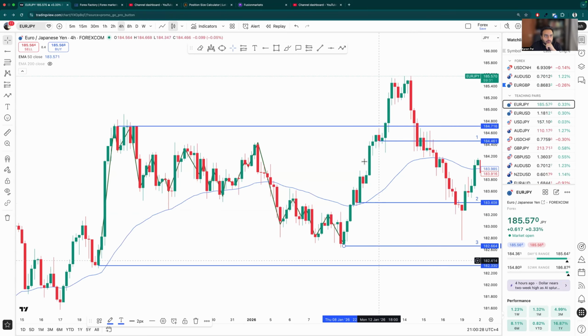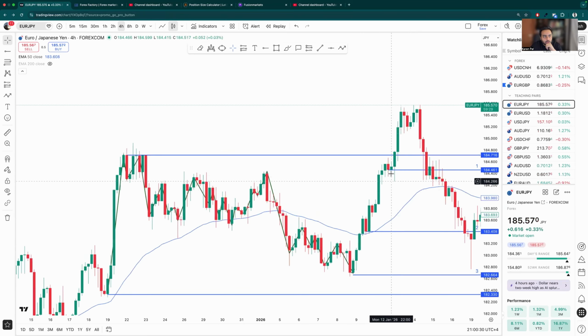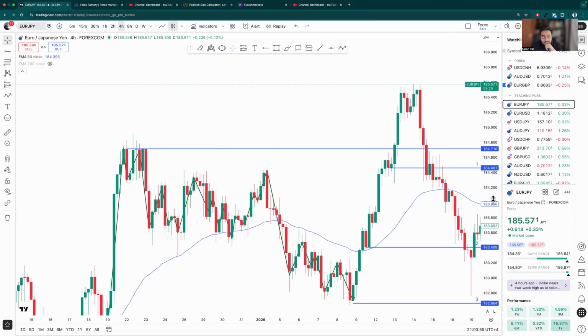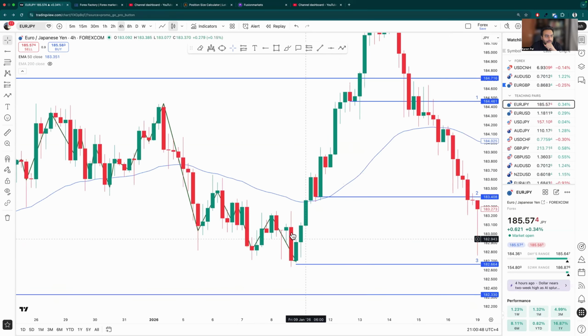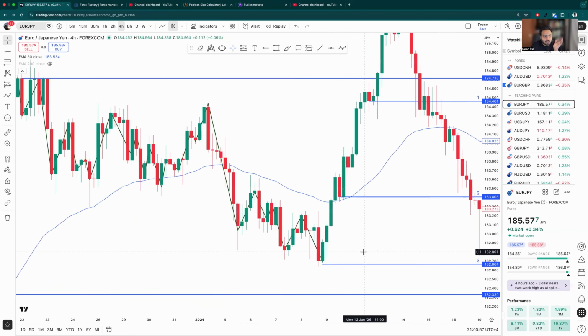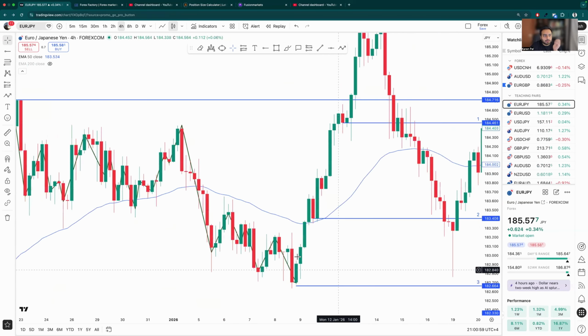Two and three are wrong, one is right. The reason is there are two inside bodies. There is a green candle, of course, but it's an inside body. That means it created an elbow, it created an angle. This one, the second candle, is clearly up. And then the third one right here is the lowest point of a structure. That's it, nothing else. It can be used for support and resistance, but it doesn't mean anything else. It's just a structure.